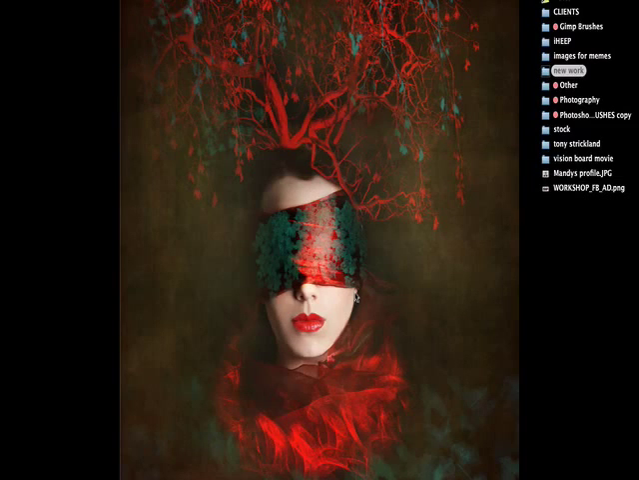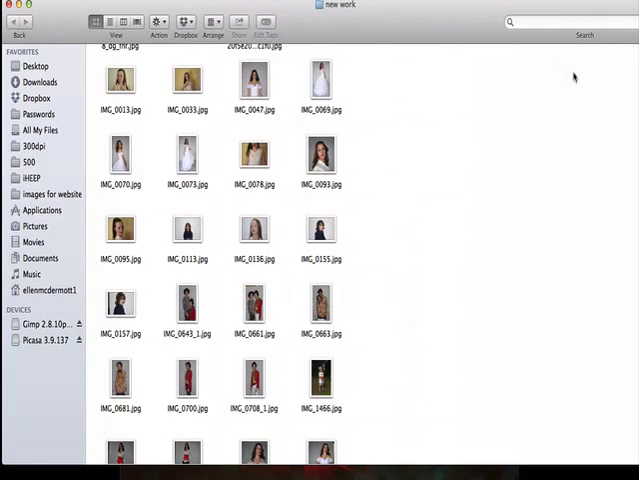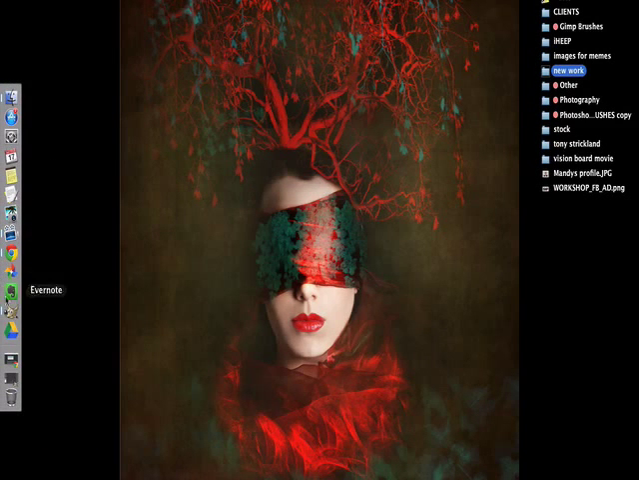Hi, so we're going to start now, and over here in a folder I have new work. It's from photo shoots that I've done throughout the year, and I like to look at them small like this so that I can see one that stands out. I think I'll work on this one. So it's 0093, I just need to remember that. Okay, so I'm going to go to Gimp,